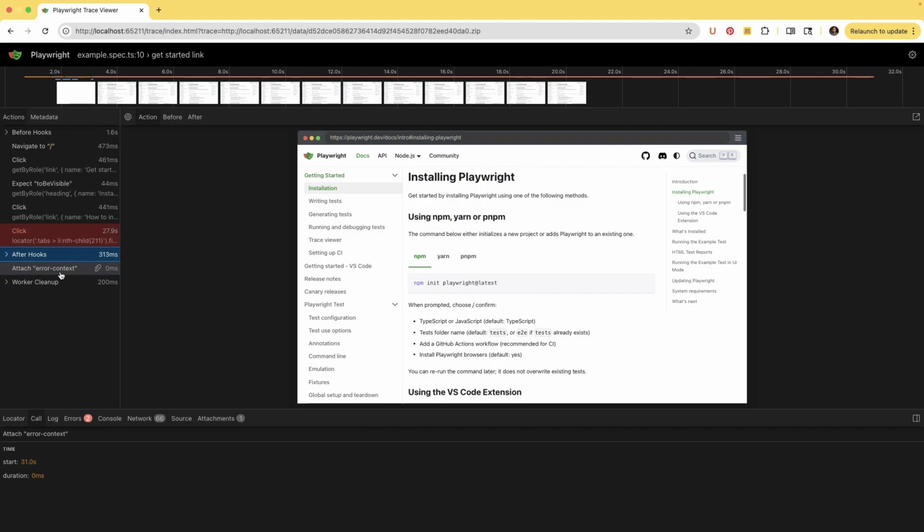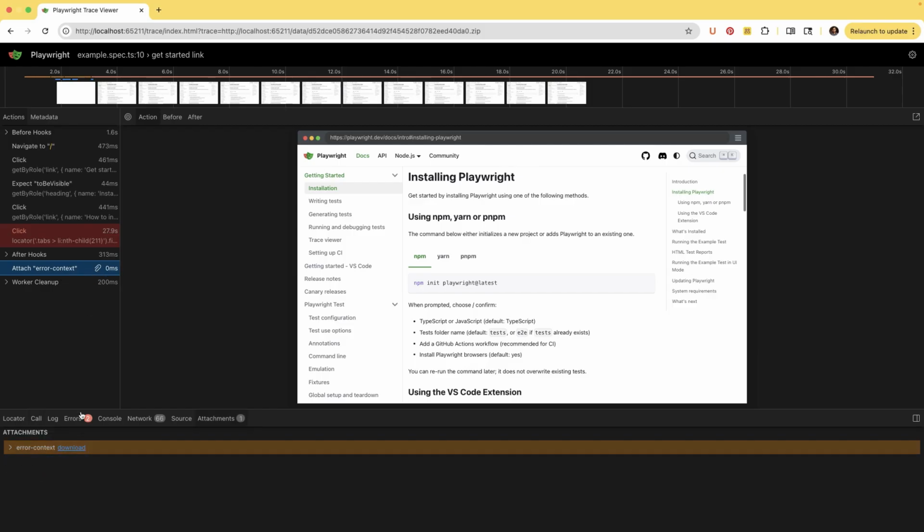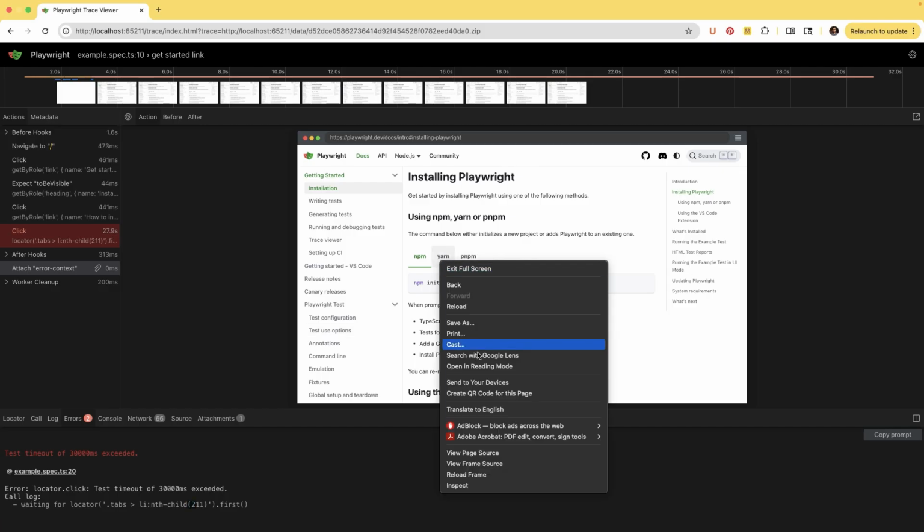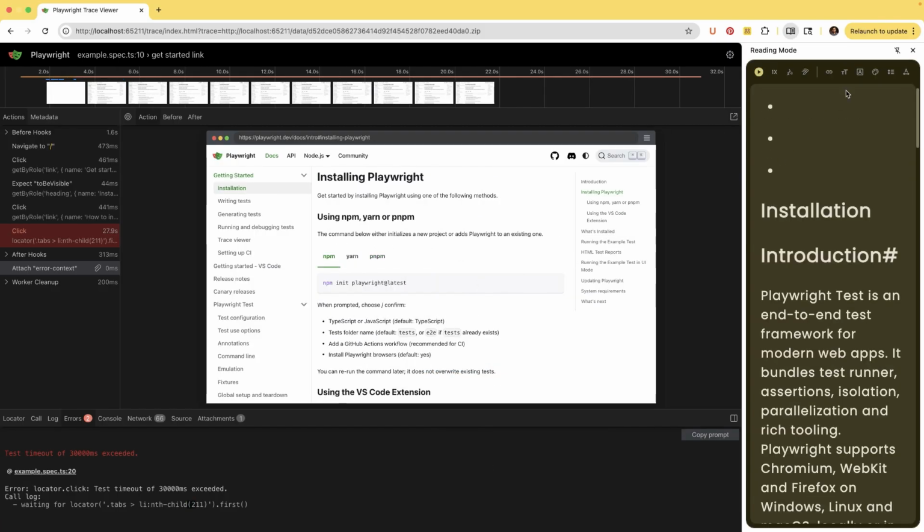So you see the error content also as an attachment, and you can see what happened during the interaction between the Playwright and the web page. What happened, what is the source code in the web page, and the error content in a YAML format. And you can click the error here saying that the timeout, why it failed, and it says it waits for this child element. So now you can actually right click on this